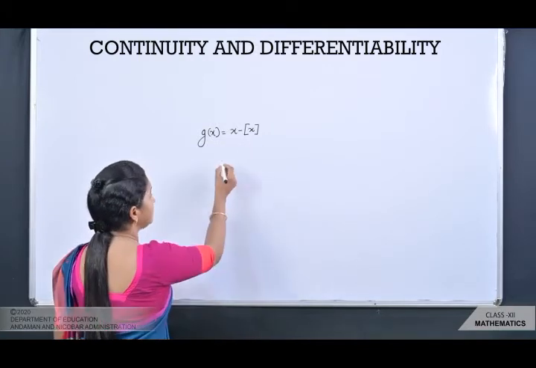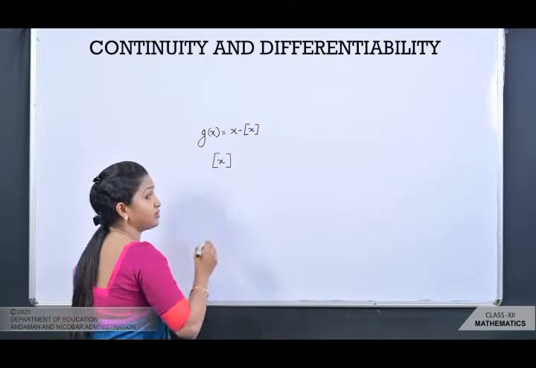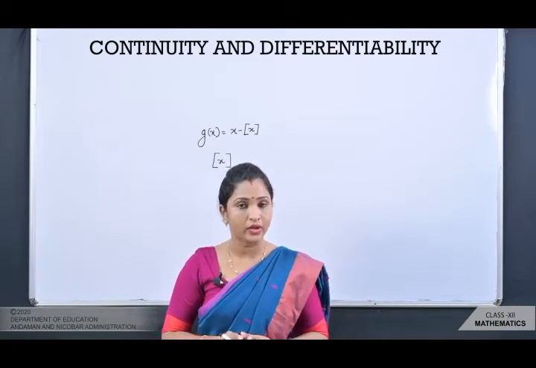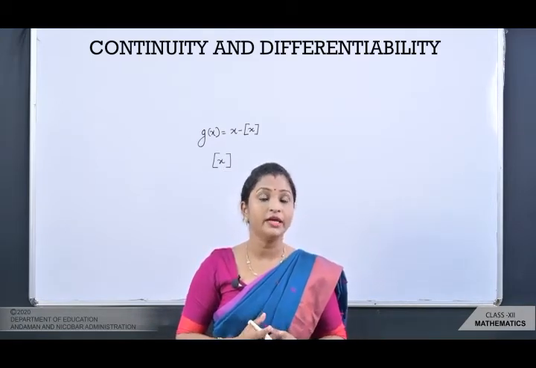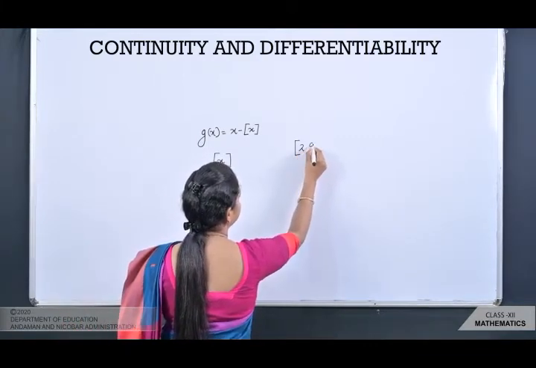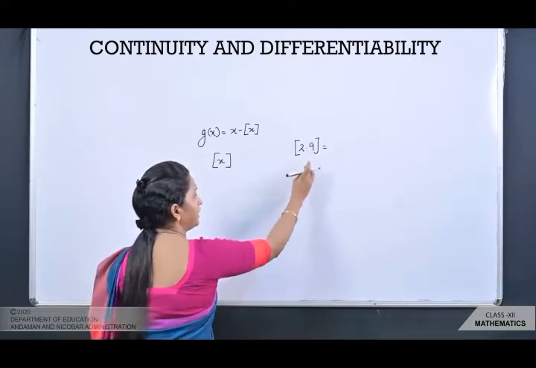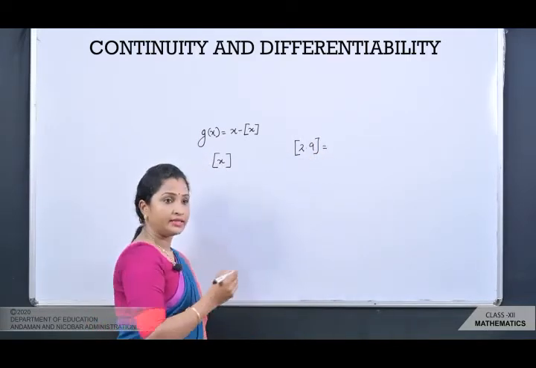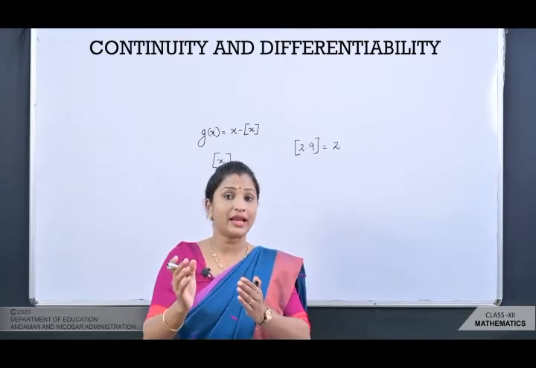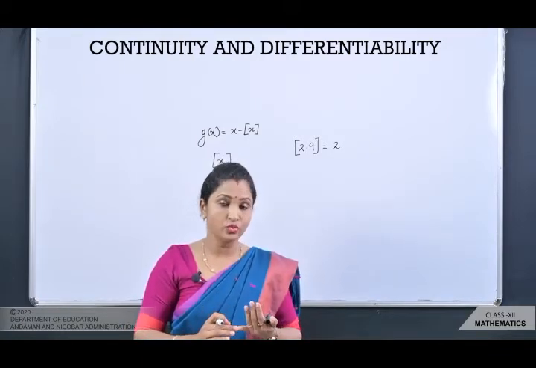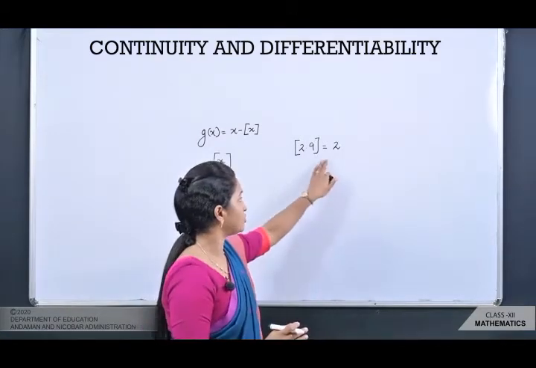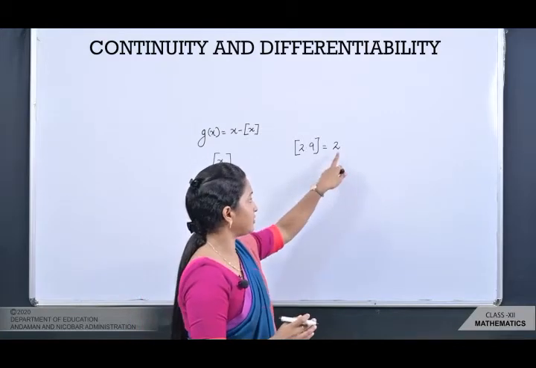What is this function? This function is the greatest integer less than or equal to x. This function you have already studied in 11th class. I have already explained you also what is the meaning of greatest integer. Still we will see, suppose you have got 2.9. Now if you want to find the greatest integer of 2.9, the answer will be 2. Why? Because the integers which are less than 2.9 are 2, 1, 0, minus 1, like that it goes, and among them the greatest will be the answer. So here the greatest integer of 2.9 is nothing but 2.